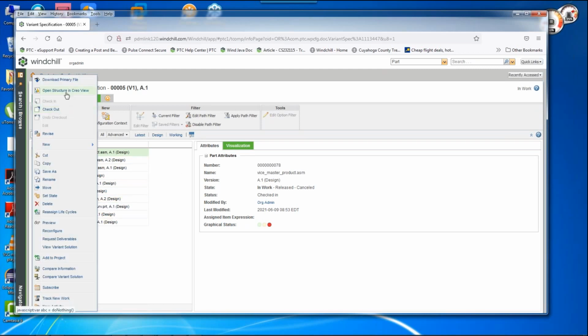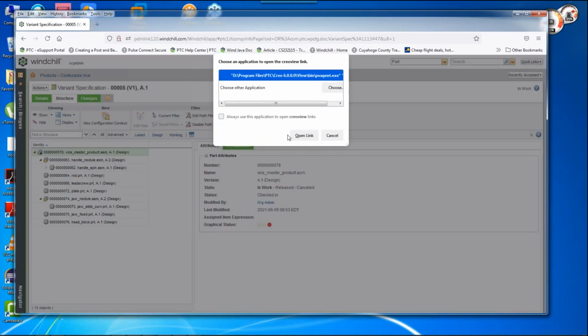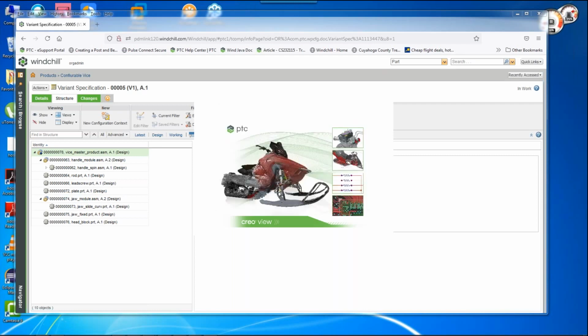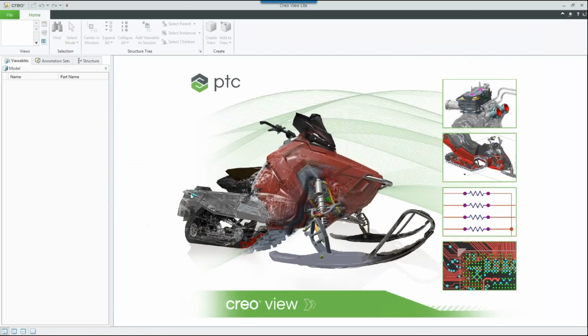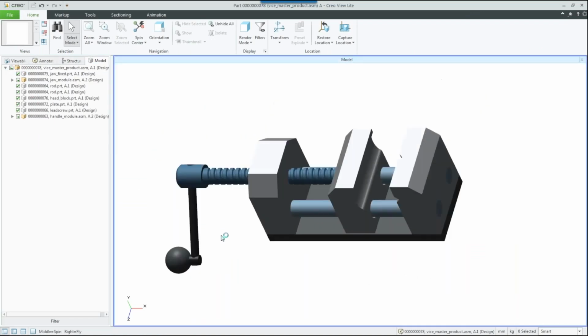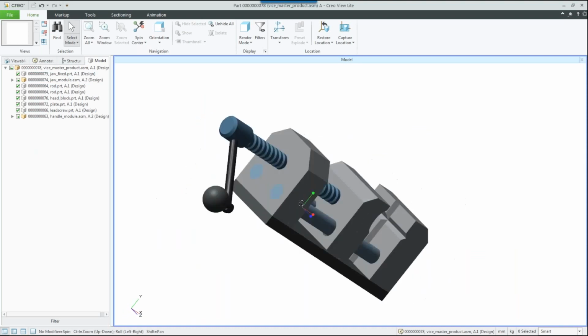And we can retrieve this and open the structure in Creo View. Take a look and see what it looks like. There you go. So this is what the product looks like